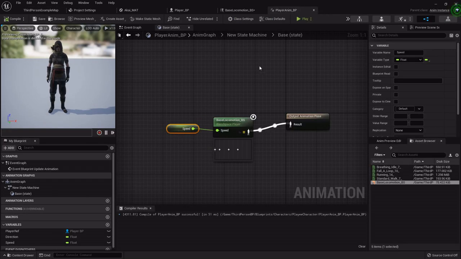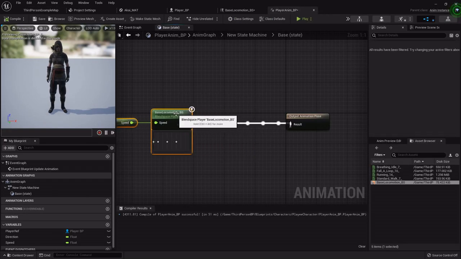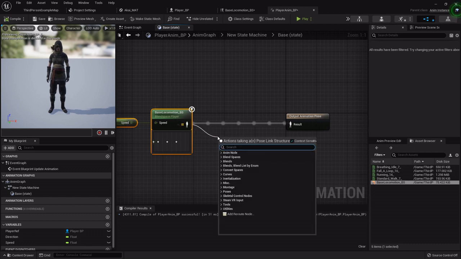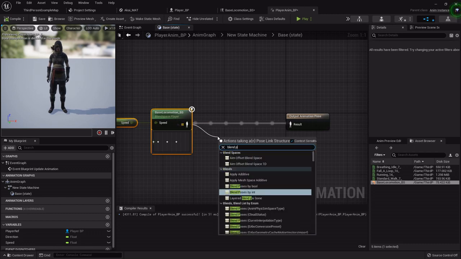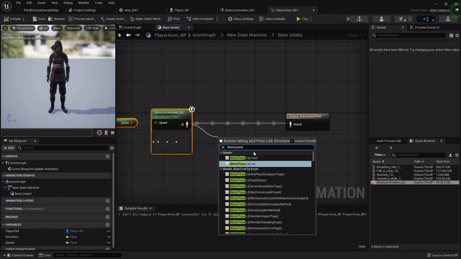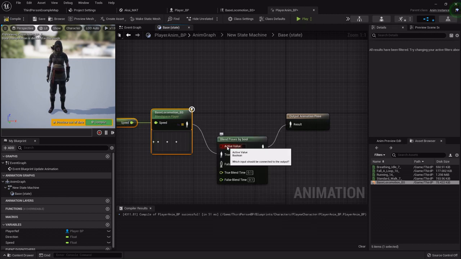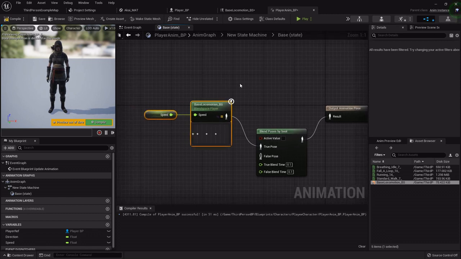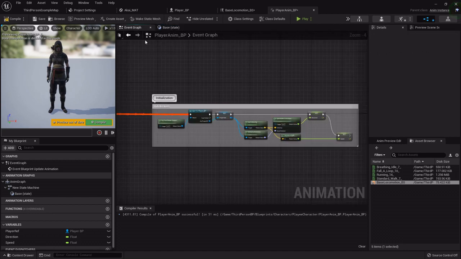So in the player animation blueprint, right here where we've set the base locomotion blend space, we're going to drag off here and do a blend pose by bool. Now a bool is basically a yes or a no in computer speak, booleans. So what we're going to check is over in the event graph, I'm going to copy where we cast to